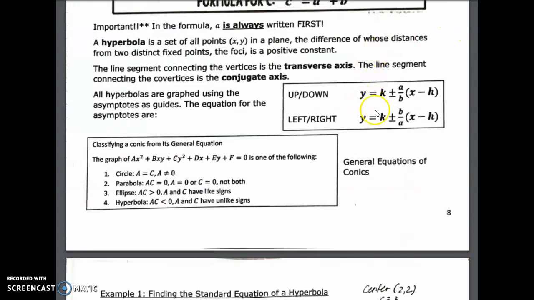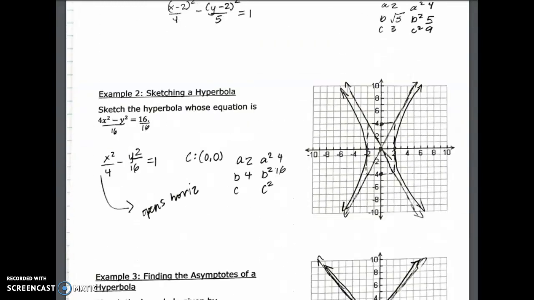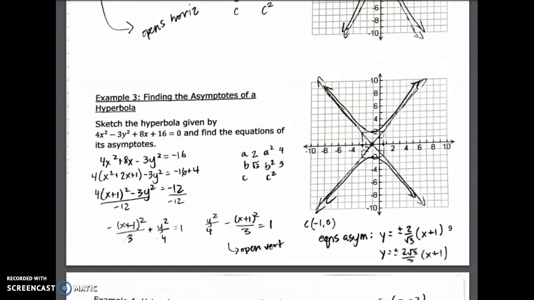Keeping in mind this is an up-down hyperbola, my slope is going to be my a value over my b value. And since my k was 0, that's why it's not written in there. But my a value is 2, my b value is square root of 3, and then I plug in my k value with my x. And notice that it's both positive and negative: 2 over square root of 3